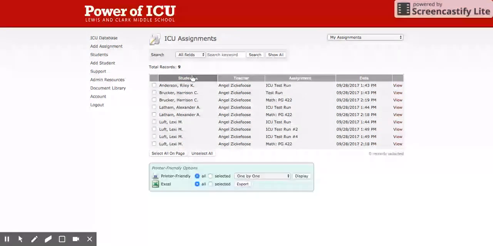So I can sort it by the student. I can sort it by the assignment, and so there's different ways. I can also print it by coming down here, and if you're going to do this, you want a table format to display, because then it will all just be like this, and then you can come up here and print. Okay, so you can print a list of assignments for your whole class,